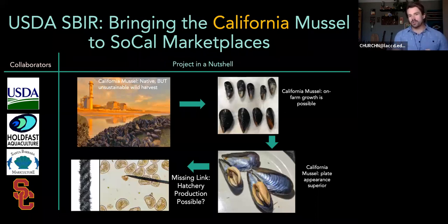But they do settle on long lines in the open environment naturally. And when they do that, they actually produce a gorgeous product. So you can actually see one of these here. And it's, in my opinion, prettier than what's available on the market currently. The missing link in this story is, can we produce it in a hatchery? Can we close that life cycle? And the USDA has given us money to look into this,